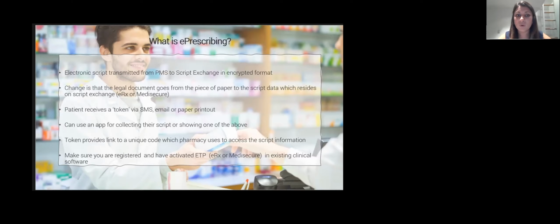working. But what you can do in your practices is make sure that you're registered and have activated electronic prescribing. It's really a discussion with your existing clinical software to make sure that they have enabled that in whatever particular software you're using, so that when it is turned on at the end of May, you have the ability to use it. Just to give you an example, next slide, this is the Digital Health Agency showing how electronic prescribing might work. So if we just move on, Glenn, thank you.